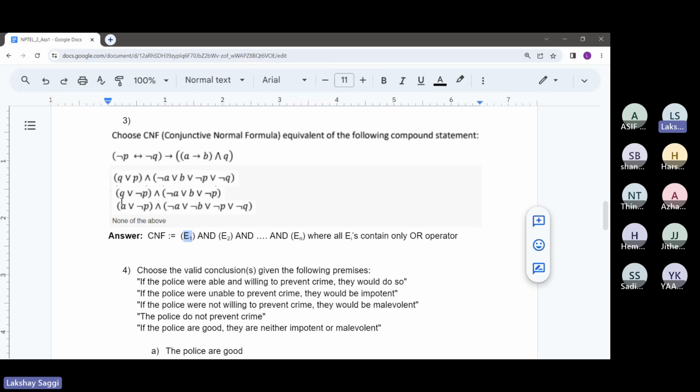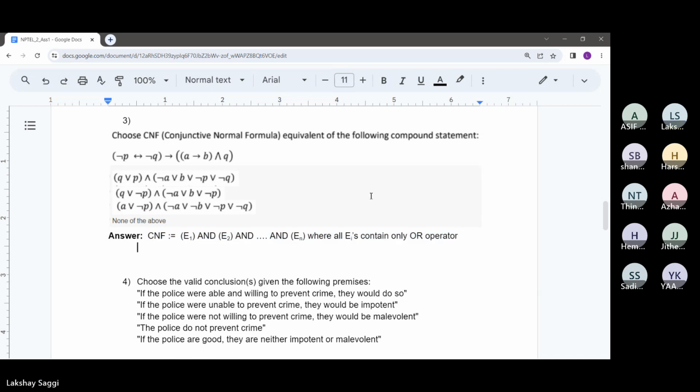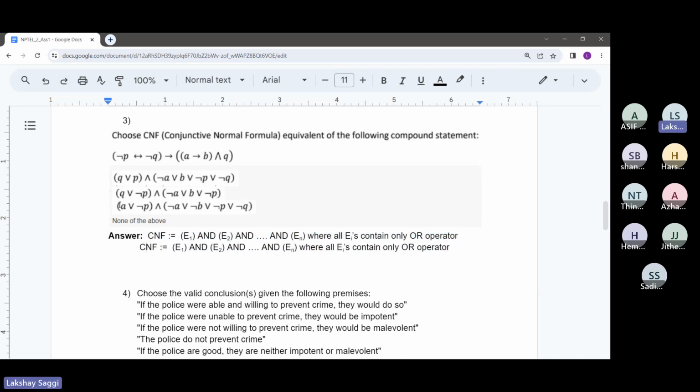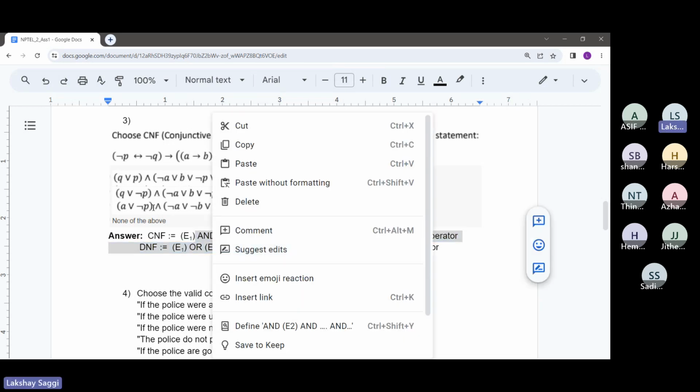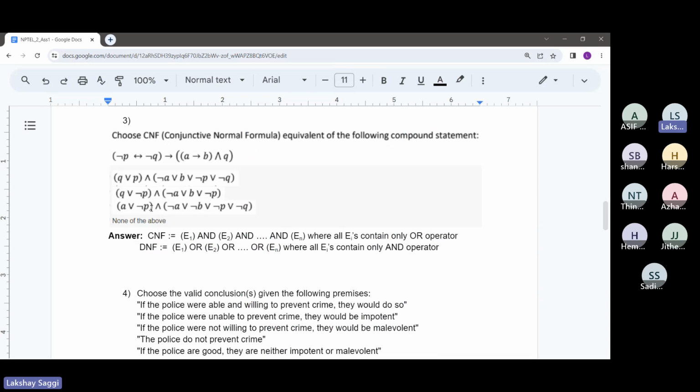Similarly, there is another form which is called disjunctive normal form. I'll just write DNF also. You must have seen these in lectures, but I'm just reminding you. In DNF, the roles of ands and ors reverse. We separate the expressions via ors, and within themselves these expressions are separated by ands. Note that these two are not different; some expressions will have a CNF form, some will have a DNF form.